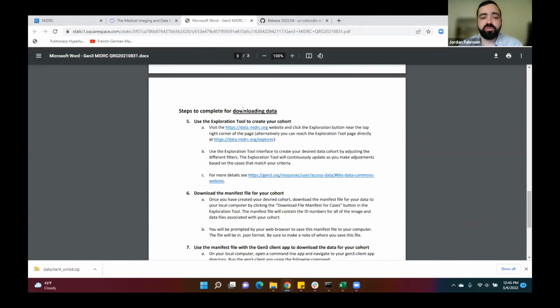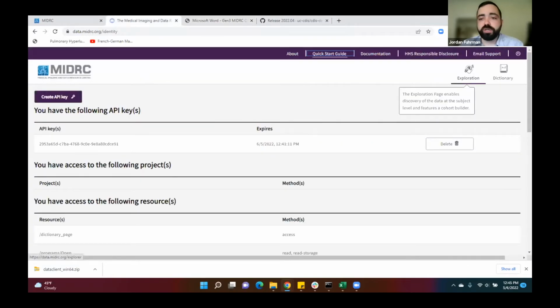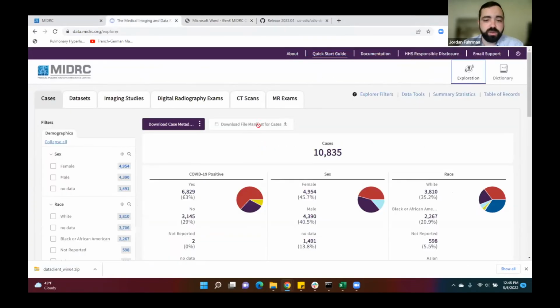Now, the following steps need to be completed each time that you want to download data. So I'll go back to the exploration tool to actually create a cohort. If I go back to the data portal, I will use the point and click app that Chris highlighted earlier. I won't be using the query approach,